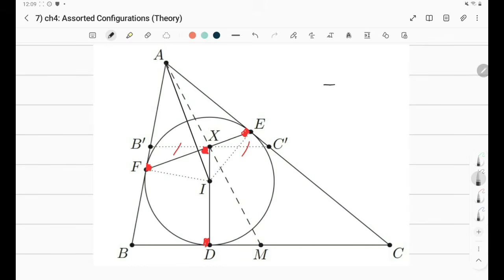Hence, our goal is to show that I lies on the perpendicular bisector of B prime C prime. But that's our goal. We already know that it lies on the angle bisector